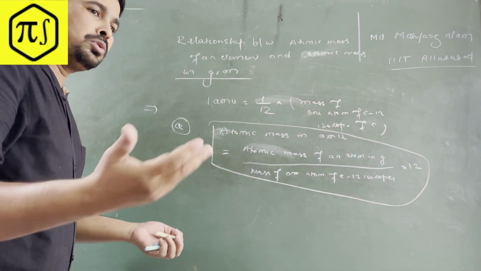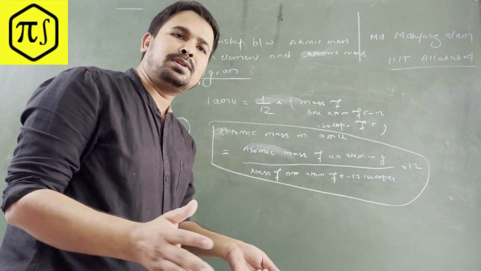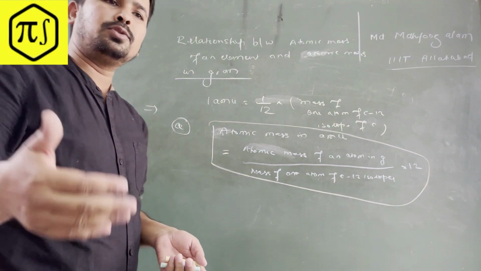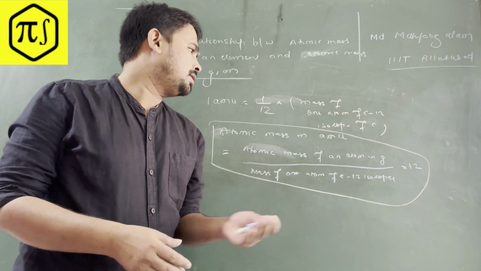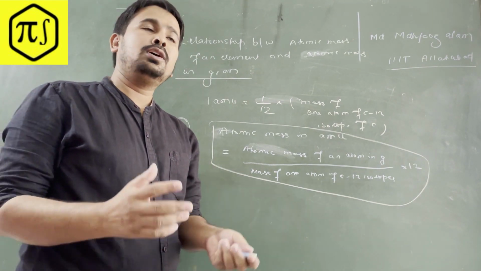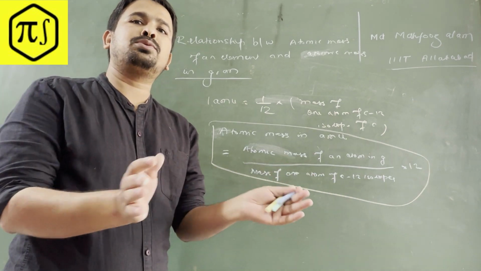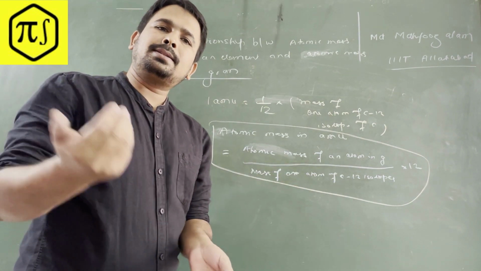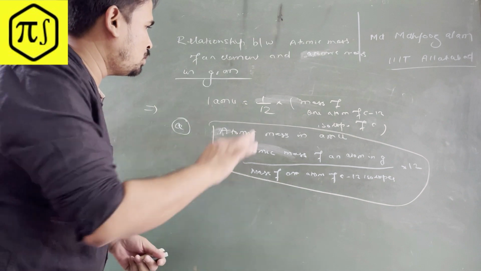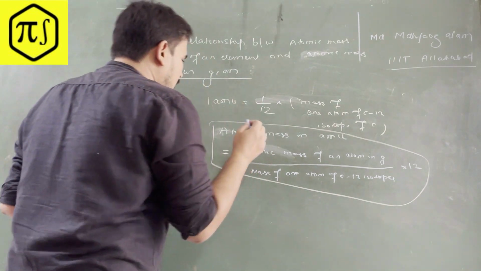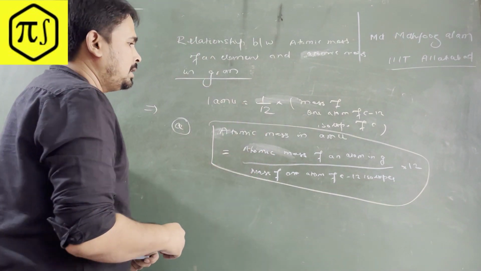You don't think about how it comes. Sometimes in books you will simply see this formula, you remember it, and then you start solving questions. You'll be able to solve also, but try to link up the basics. The goal here is to link everything through basic mathematics, like 10th standard mathematics.